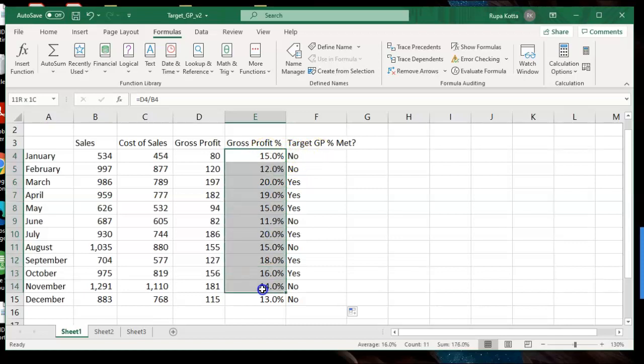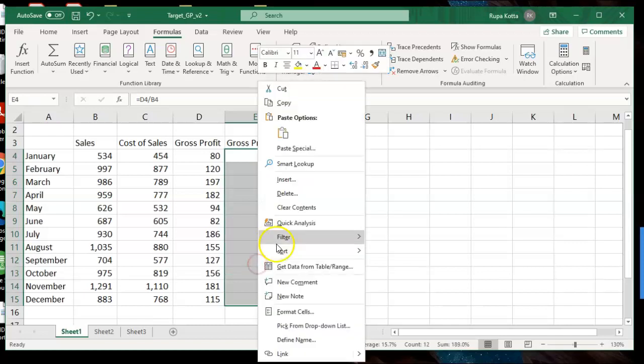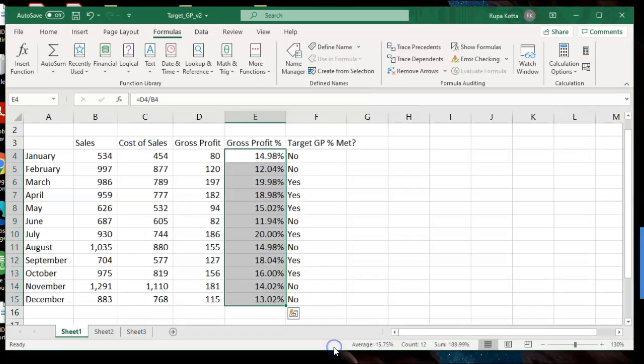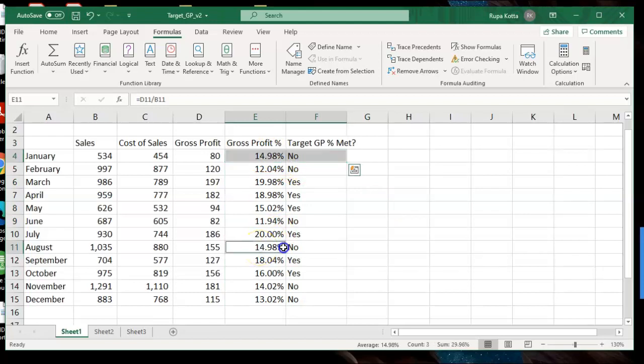So select it. And now they said increase the format to 2 decimal places. So we increase it to 2 decimal places. And now you can see why the formula was not working in these two cells. Here and also here. These two are 14.98, not fully 15. So because of that the formula was not working, because even though you rounded it to 1 decimal place, Excel is still looking at the calculation. And the calculation answer was still 14.98. It is not 15. So because of that this was returning an incorrect answer.